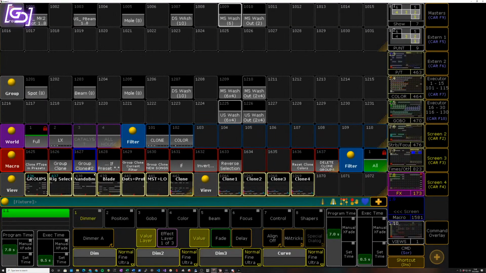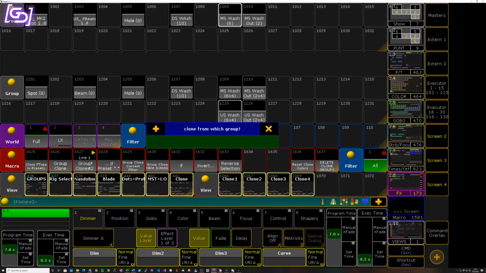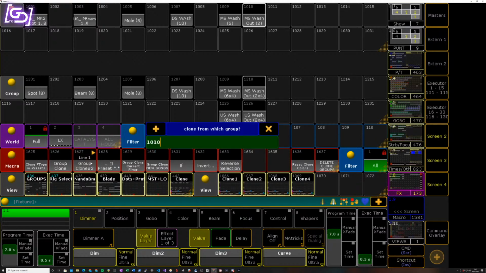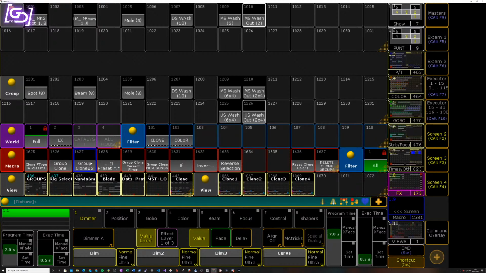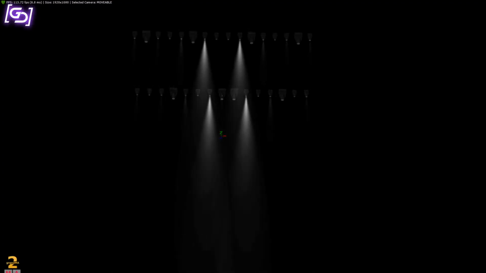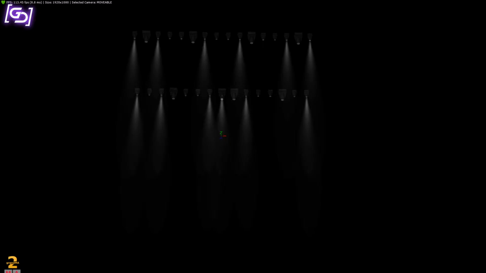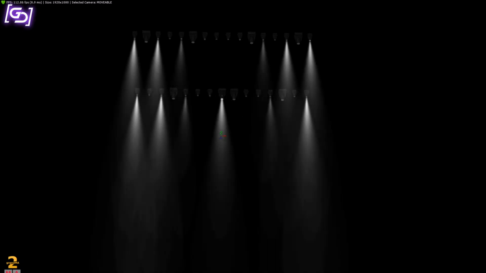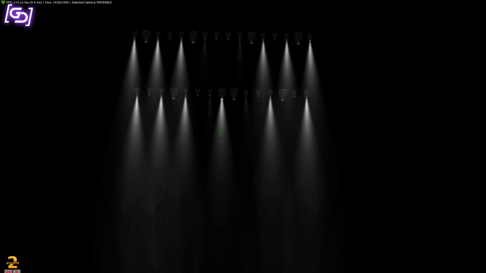So I'm going to continue on with the outer 2. Now that we have split those up, I'll do 1010 to 1210, and then 1010 to 1226. All right. And if we go back over here, so it's not perfect, right? We can see that that phase is perfectly in sync for those outside 2. Also I must have screwed up that effect a little bit on that upstage truss, but